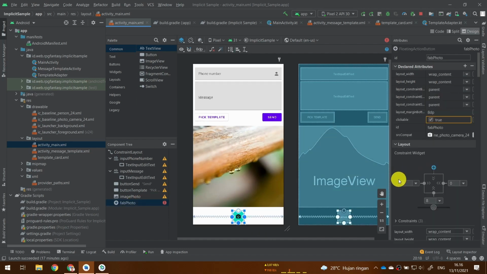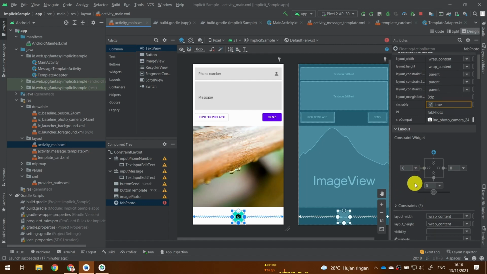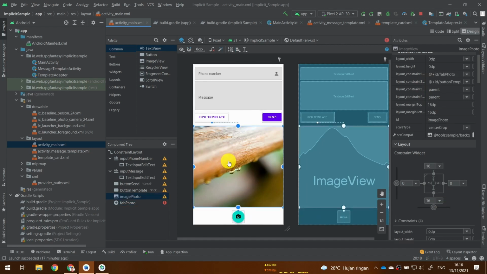For the constraint, for the FAB photo, constrain it to the left, right, and bottom. And then, depending on your screen size, I decided to constrain my image view like this. Left, right, top, and bottom.